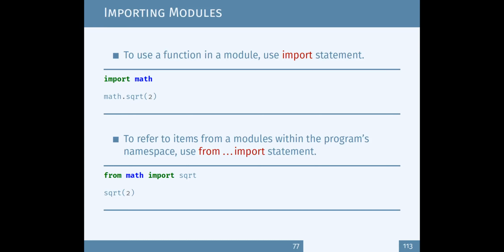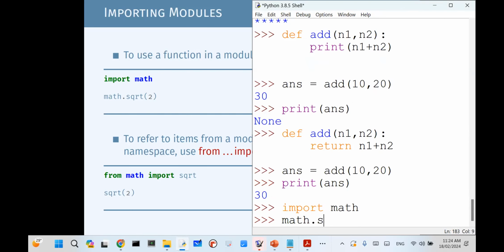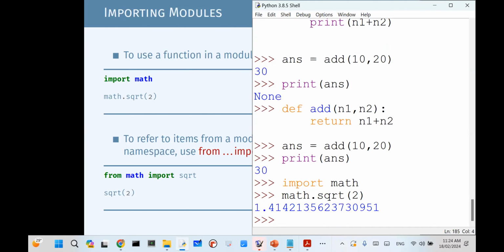For example, let me take, yes, if you just say import math, then math.sqrt of 2, that means we'll get 1.414. This is perfectly all right, or this is the general use. But remember, when you use import math, you might also expect other functions to be seen.